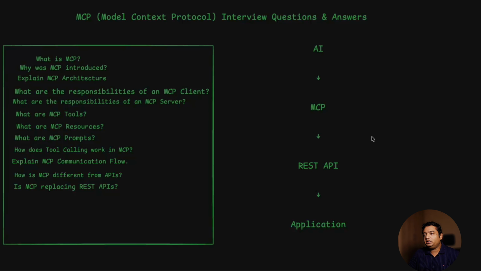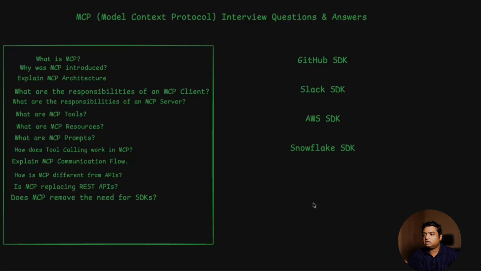The other question related to API is, is MCP replacing REST API? No, it's not going to do that. It's actually making a standard way, or a common protocol, to call the APIs or the REST API. So now you can see that MCP sits on top of REST API, and there is an application. Earlier, there was no MCP. The developer was sitting here and writing the code calling the REST API. But now the developer part has been removed by AI and MCP. I hope you understand this. We have discussed it in the previous question also. Now we'll move to another question, because I have more questions to cover.